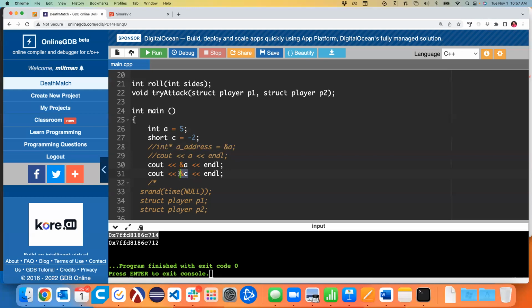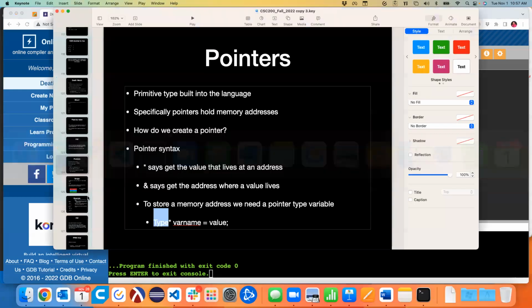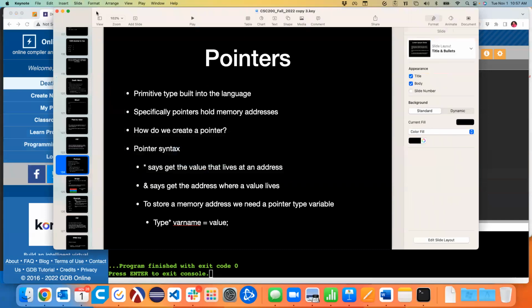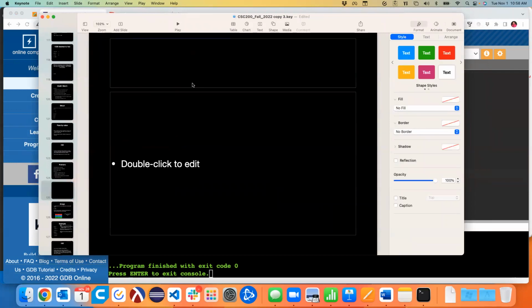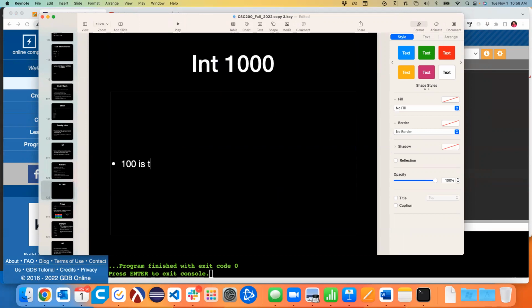So I think what you're asking here is this. If we have the integer 1000, we're going to say 1000